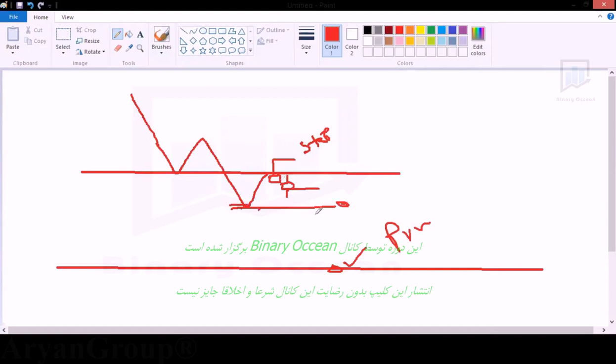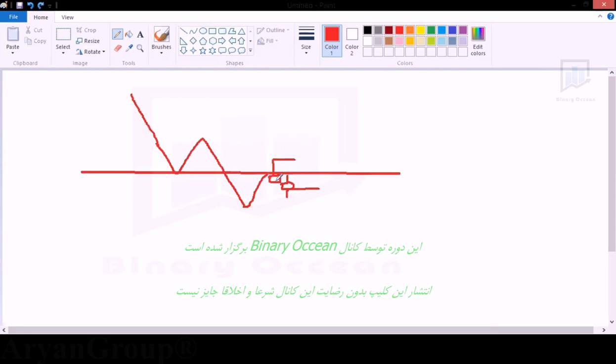You can exit from this level too, because this is a reversal point. But if you get any confirmations, any rejections, or any strong reversal, you can exit from the market with some profit here. If there is no confirmation, you can continuously go with the trend until the market reaches the next reversal point. If you get any candle here, any candles, you can apply the same strategy, or if you get any engulfing candle here. Wait, I will show you.